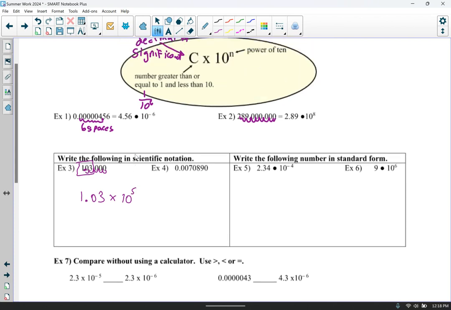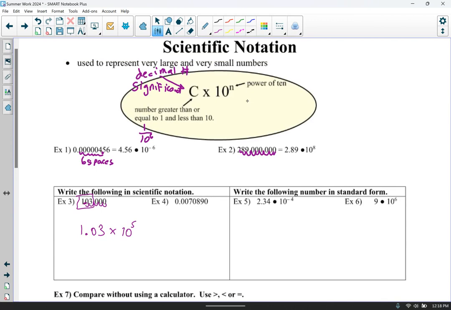And that's an important thing to note, is that when our power of 10 is positive, we know it's going to be a big number. And when it's negative, it's going to be a small number. So it's going to be less than 1, which we see with example 4,